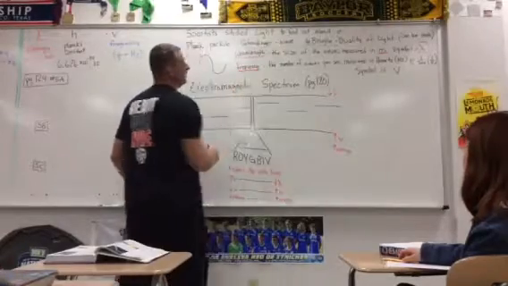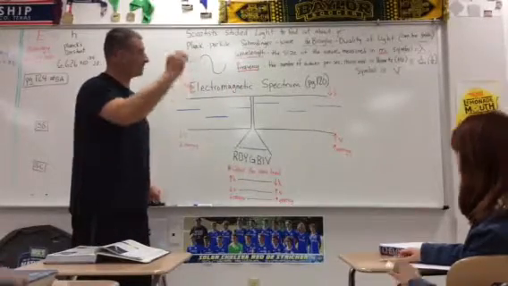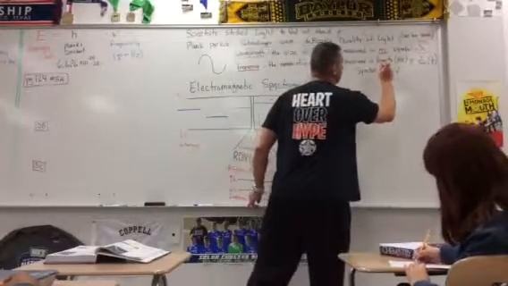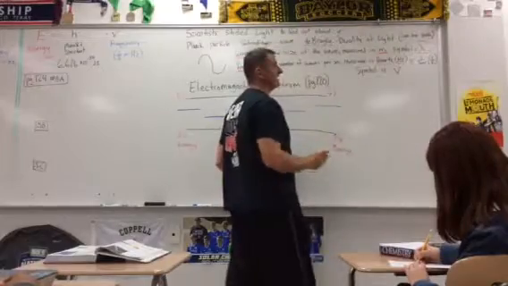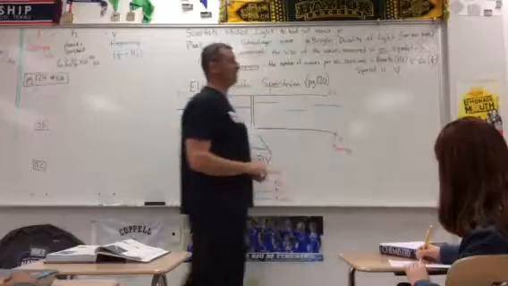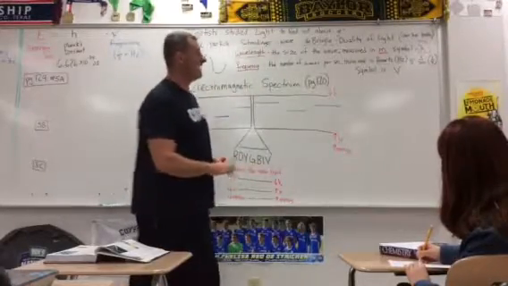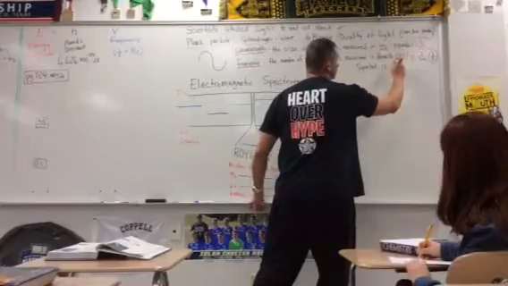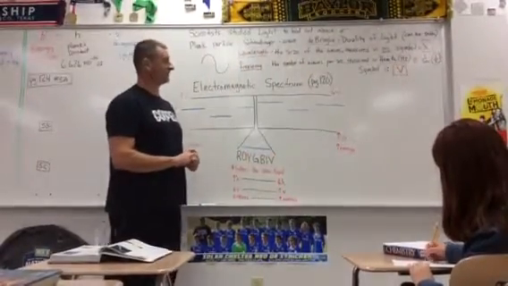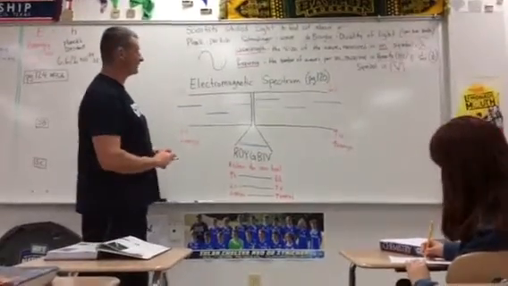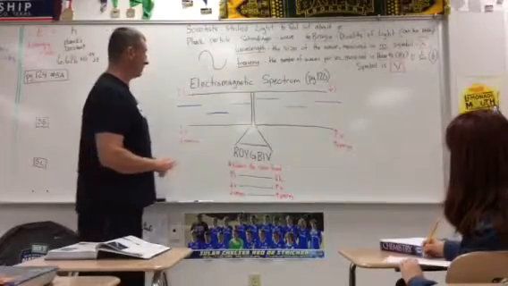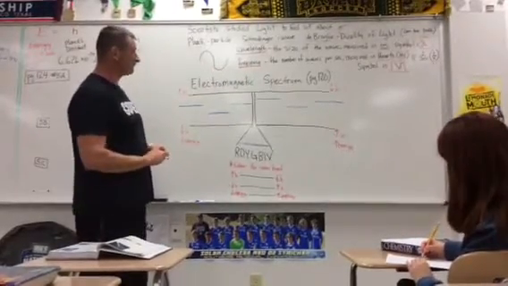Frequency is how many waves per second go by a certain spot. It is measured in what's called hertz. The abbreviation for hertz is Hz, or it's 1 over a second. So you're going to see the 1 over an s, which is the same thing as a hertz. And the symbol for frequency is a nu, a V. I guess F was something else, like focal point or function. So you'd think it would be F, but it's not, it's a V. And we're going to do math problems with that later, and you're going to see that.